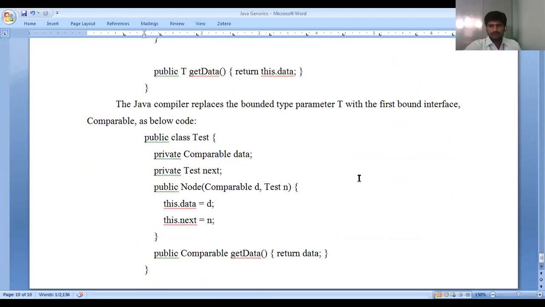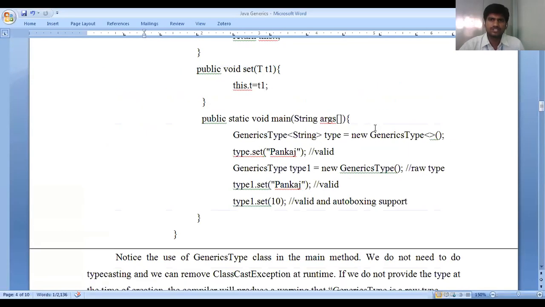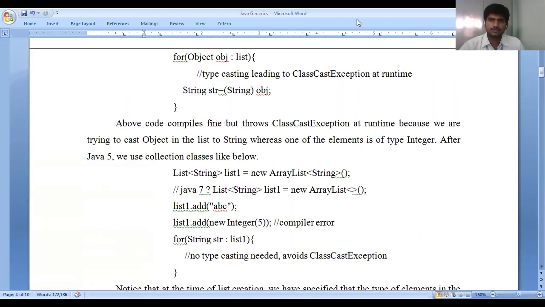So please read the word file I will send to you. Once you read it, you will have a clear idea, and then you can write something about generics in the exam. It is a very good use. So this is the total overview of generics. In the next class, we will see more.